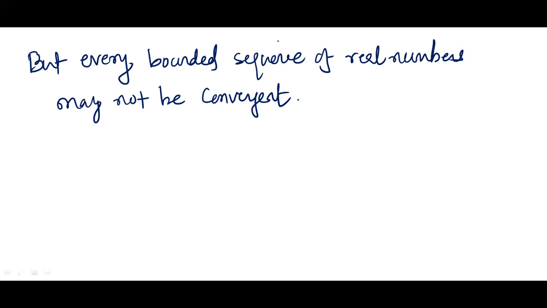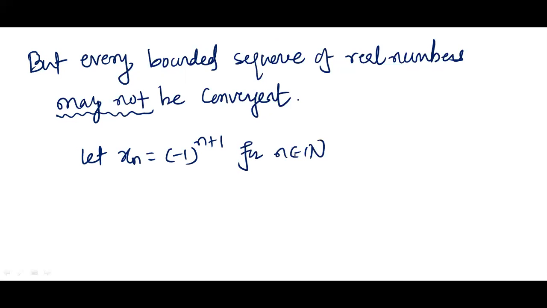See, every convergent sequence is bounded, but every bounded sequence of real numbers may not be convergent. For example, if we take xn is equal to -1 raised to n plus 1 for n belongs to N, then